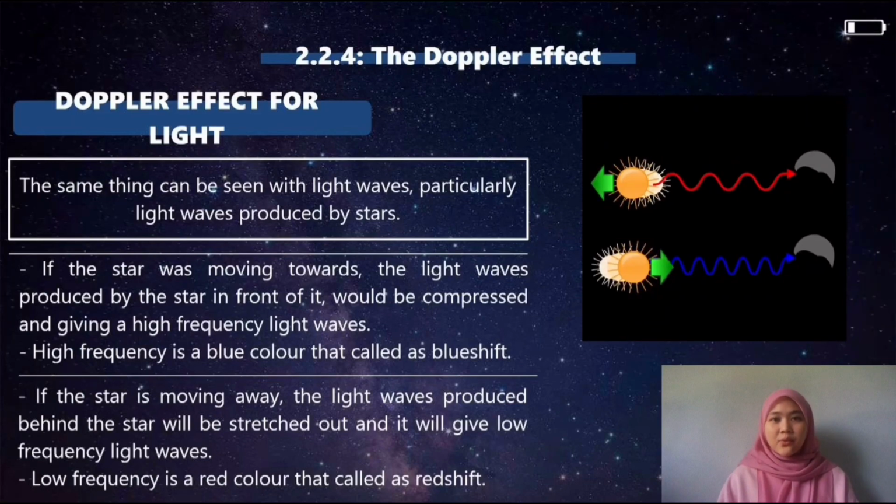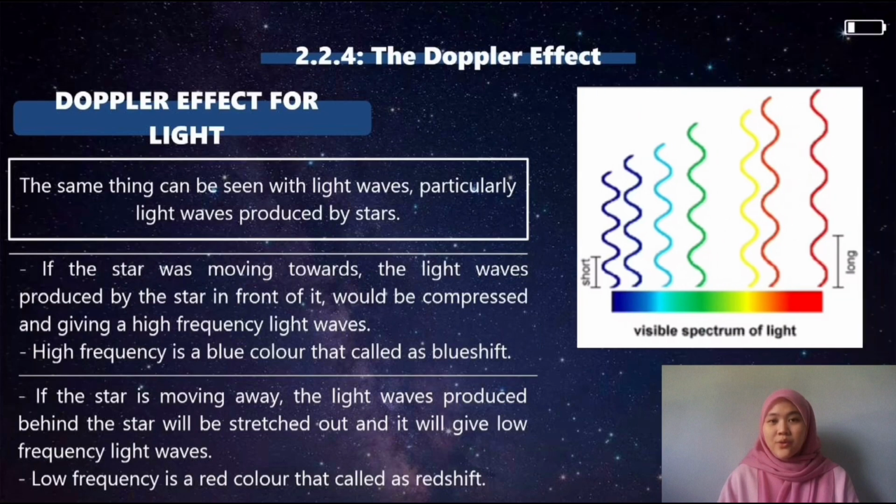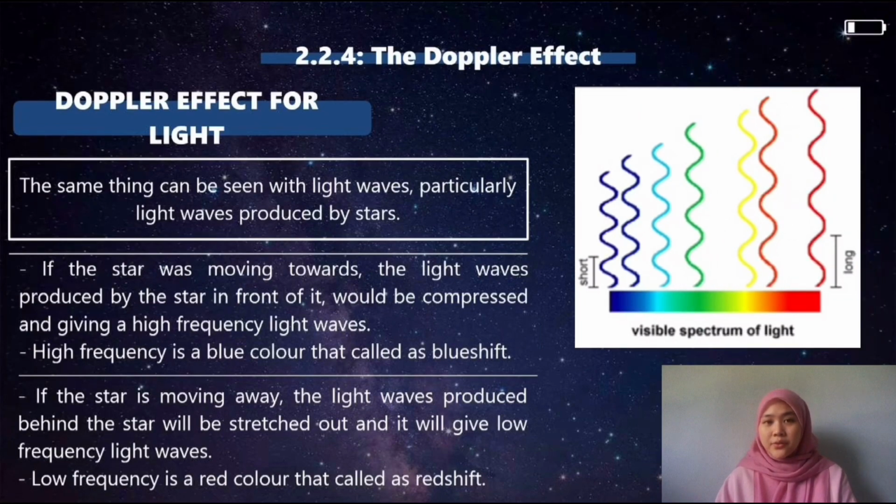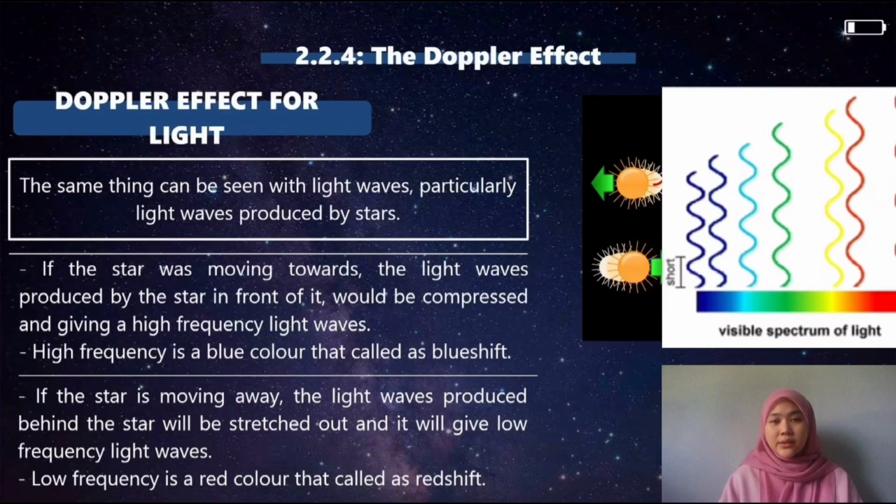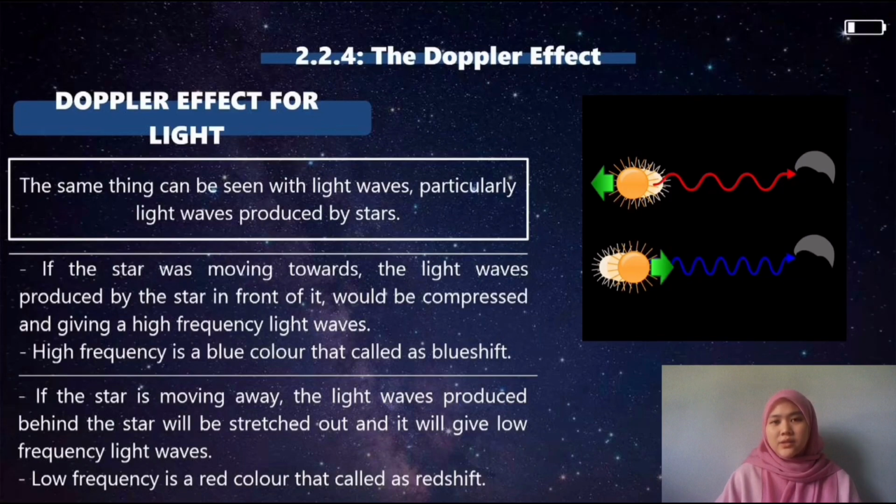This can be seen when we look out at the stars in the universe: they have a redshift, showing that all the stars are moving away from us. This indicates that the space between stars is getting bigger as the universe is getting bigger. So, what we can conclude is that the further away the stars are, the bigger the redshift we see, and the universe must be continuing to expand. That's all about the properties of matter, the Doppler effect, and the Doppler effect of light. Thank you.